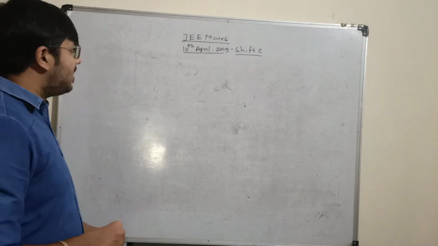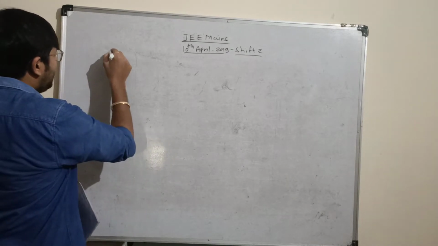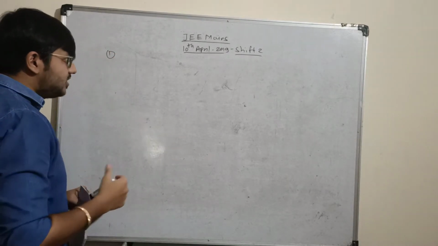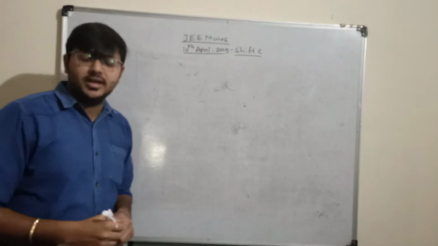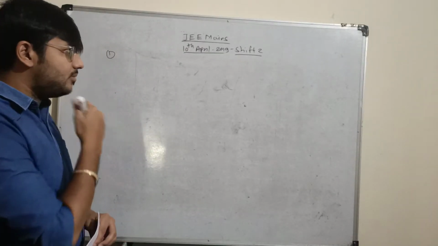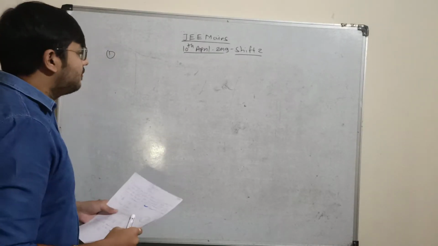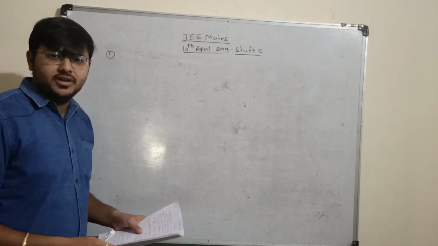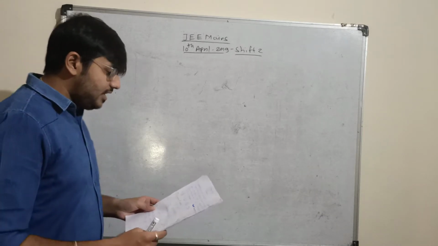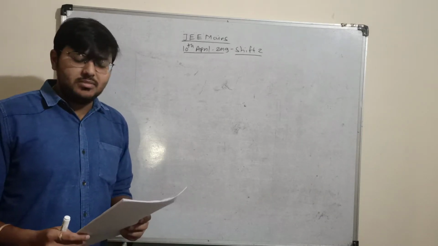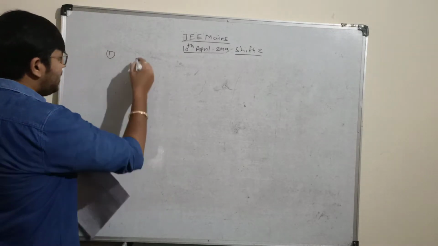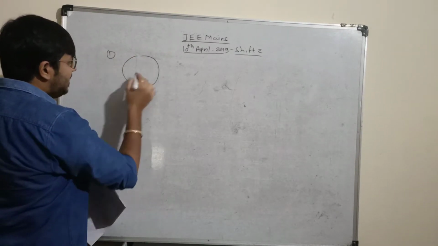In that, the very first question is already repeated in this year's 2020 examination. It's also from the self-learning of chapter number 6, that is application of derivatives. So the question is that a spherical iron ball of radius 10 centimeter. So we have a spherical ball having radius 10 centimeter